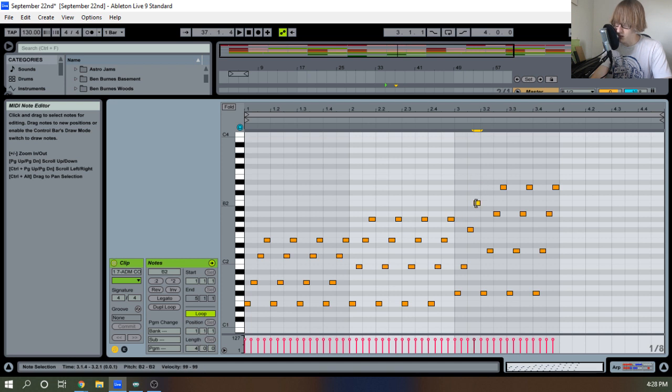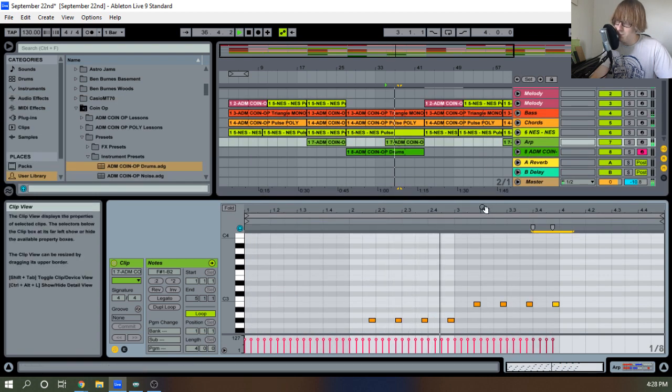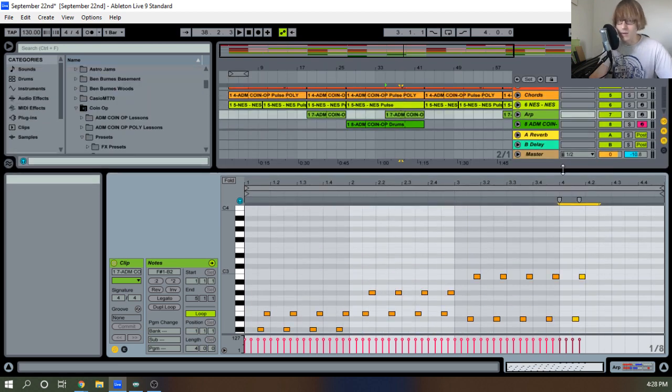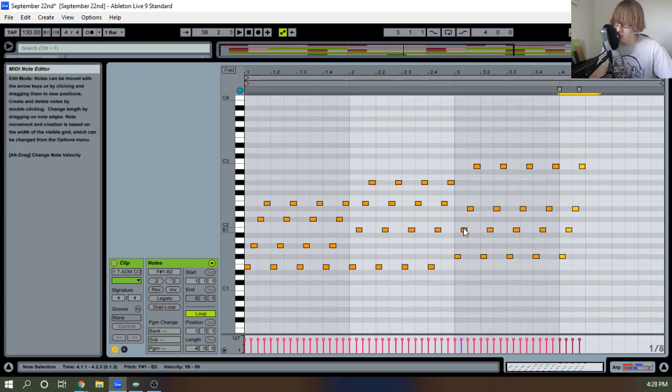Yeah, that's a little much. We could end on the B. B as the top note might be good. Maybe that? Try this. It does work. Oh, we could actually. I have a bigger picture idea right here. B, E, F sharp, B. Well,